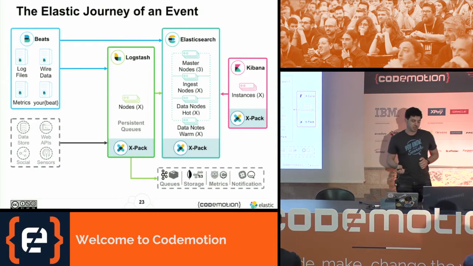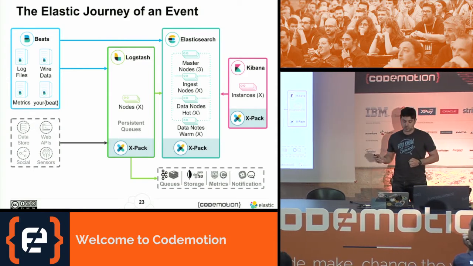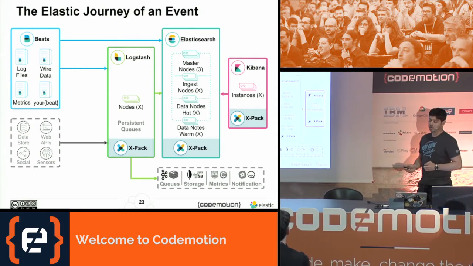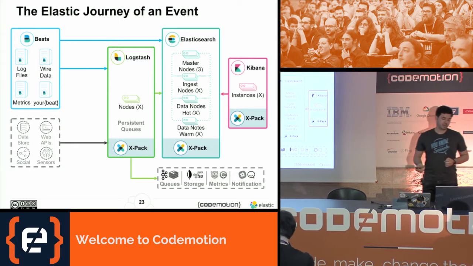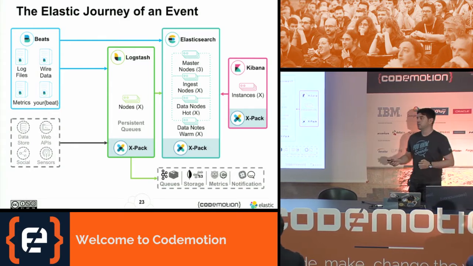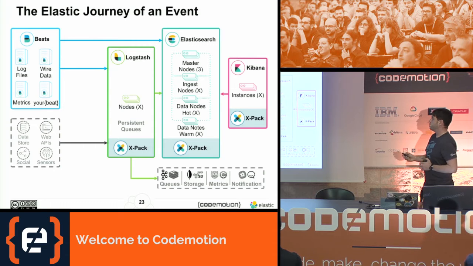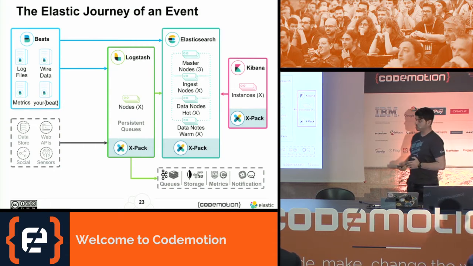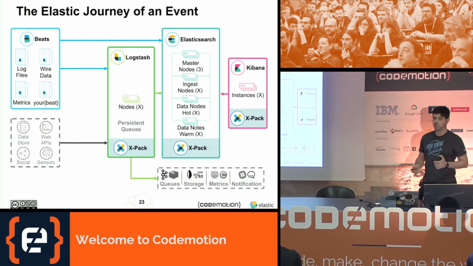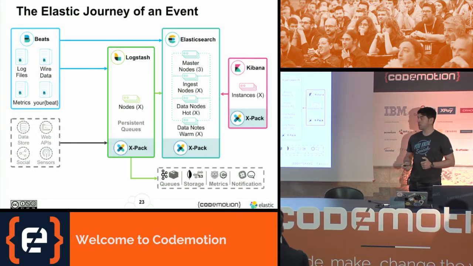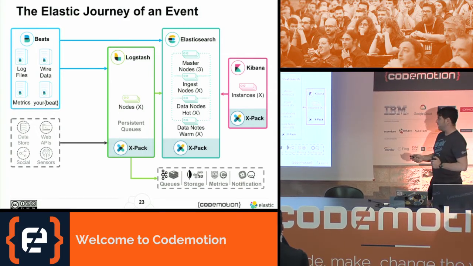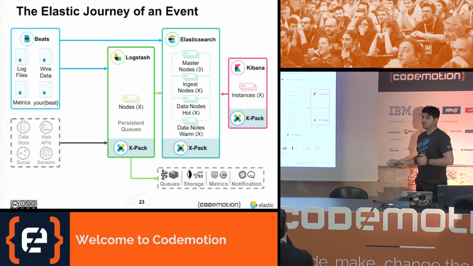Another very important feature of Logstash is the persistent queues. This wasn't there from day one. It's a relatively new feature. So this simplifies the architecture dramatically, meaning that in scenarios where your Elasticsearch cluster becomes unavailable, be it a network glitch or a node being overloaded and starting to reject your requests, Logstash will be able to persist that data